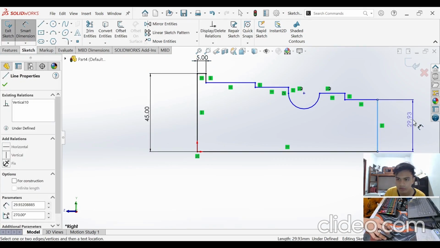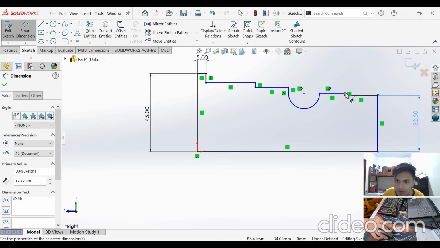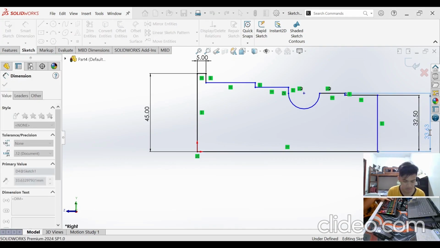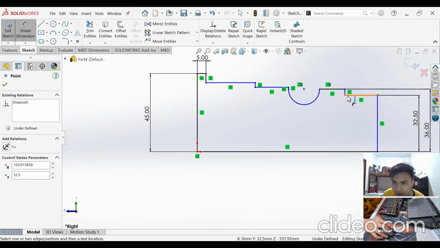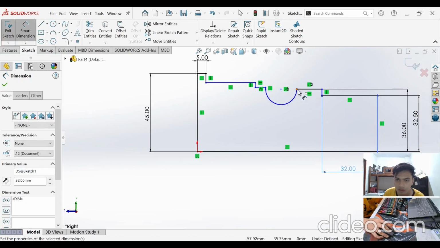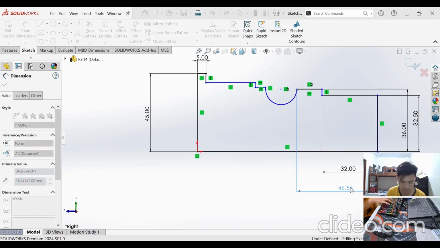This one should be 32.5, as this next point should be 36. Now, let us move on to the horizontal values. This one should be 32 millimeters, and this one should be 80 millimeters.